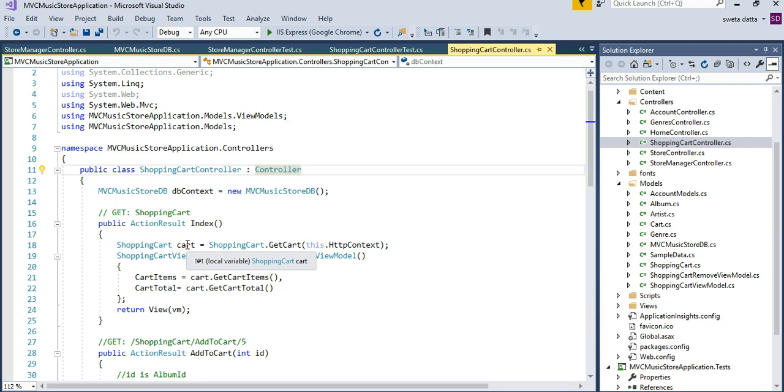For example, we know what the shopping cart has. It has cart items, right? We should be able to mock up cart items and send them into this index controller instead of having to test all three classes together. That is the desirable approach. And we would use a concept called dependency injection for that when we write our tests. But just to give you an idea of what we are going to be covering, we are going to make sure that our unit testing is testing small pieces of code in isolation.